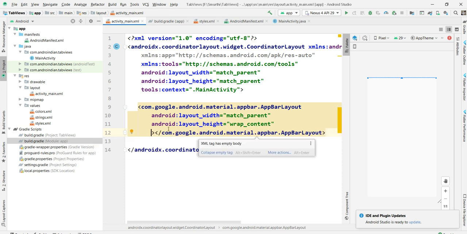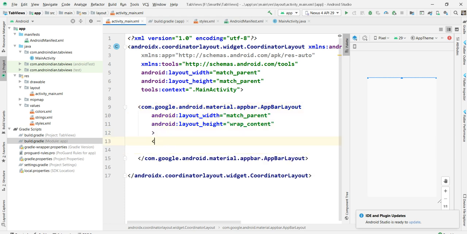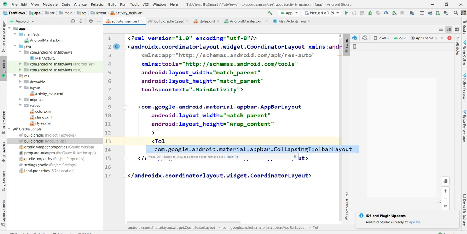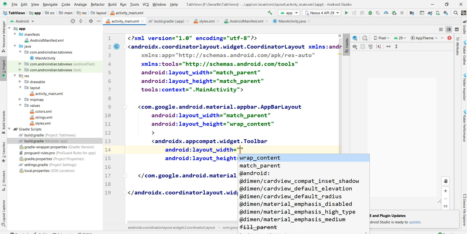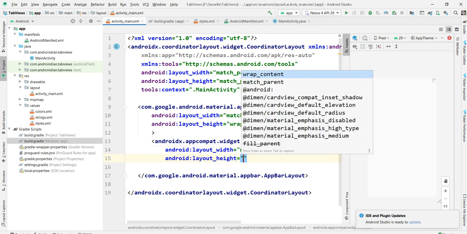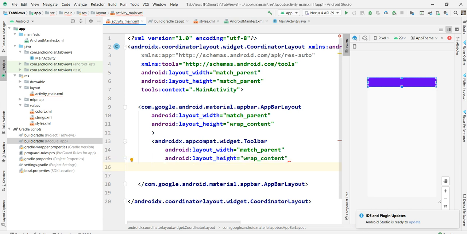Then within this, I want to create one toolbar. I'm creating this toolbar here, the widget toolbar, also match parent, wrap content. Some ID for this toolbar, ID toolbar.